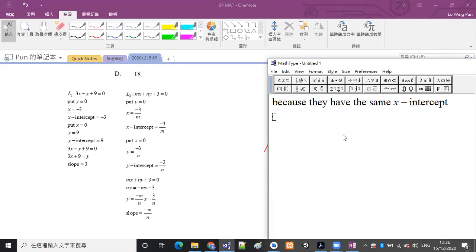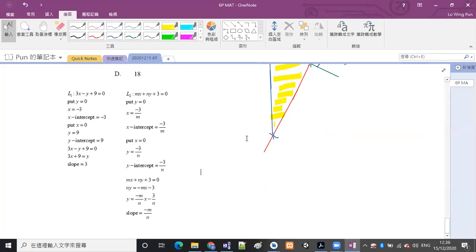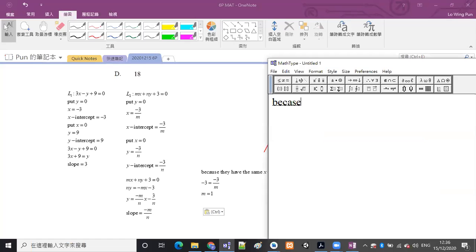So -3 is equal to -3 over m, and then we can find that m is equal to 1. Get this？揾咗個 m 出嚟先。